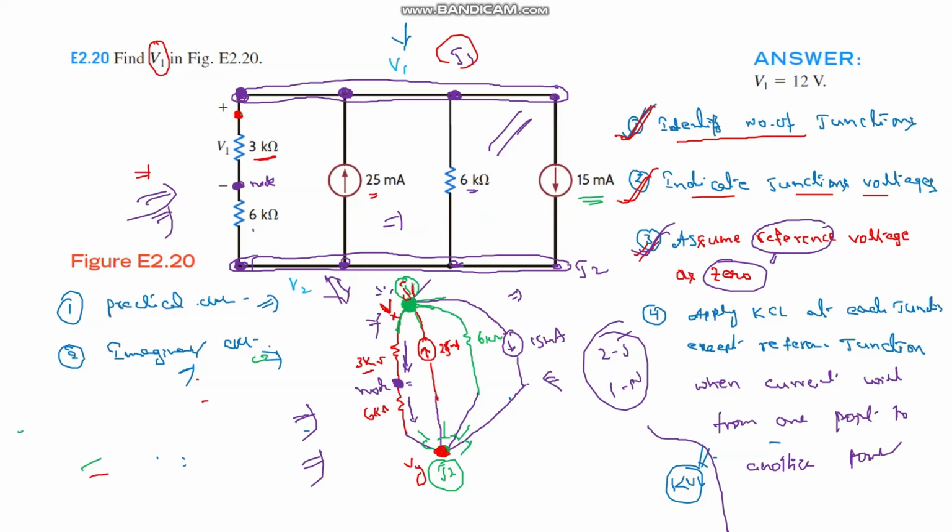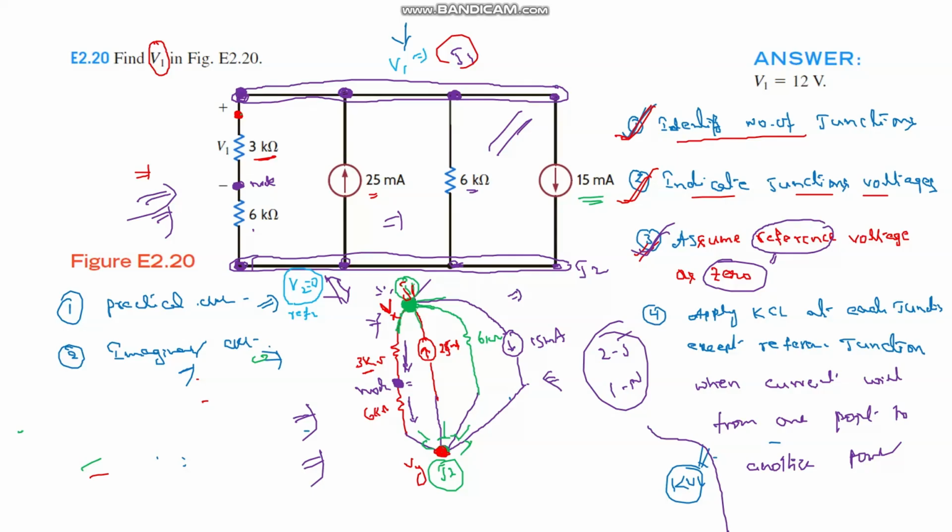Between these two, one potential should be zero. The junction where we assume the voltage equal to zero is called the reference junction. So I am assuming V2 equal to zero, and V1 should be greater than zero